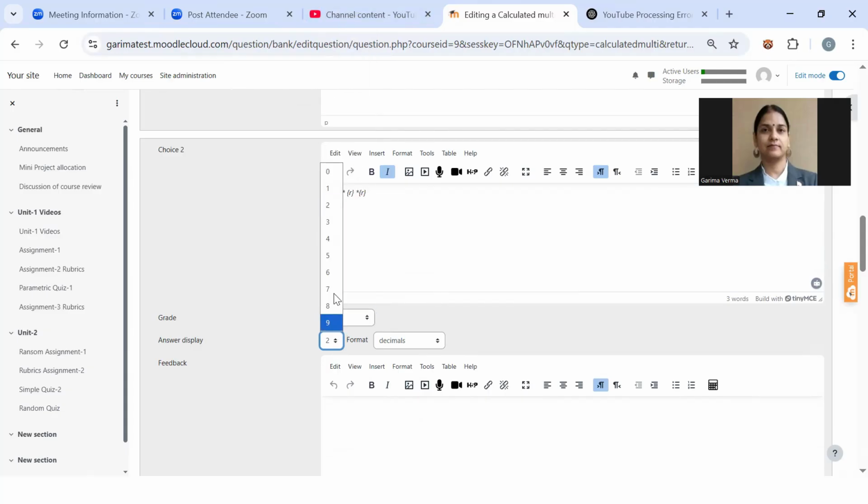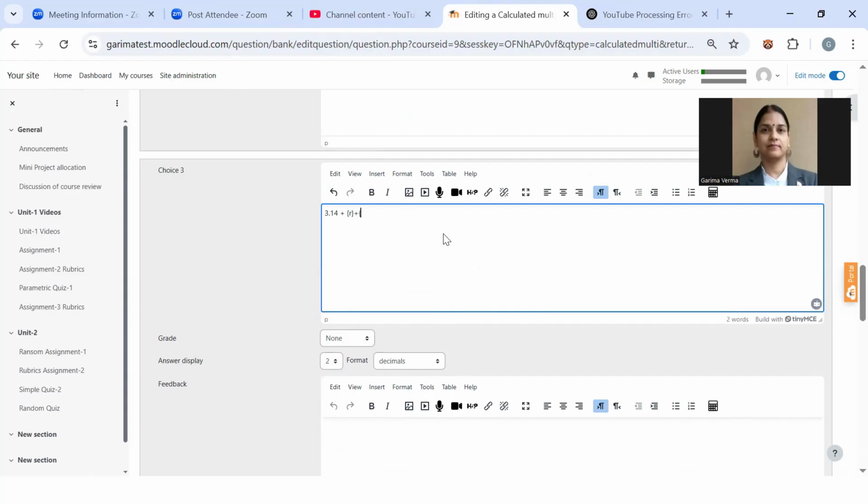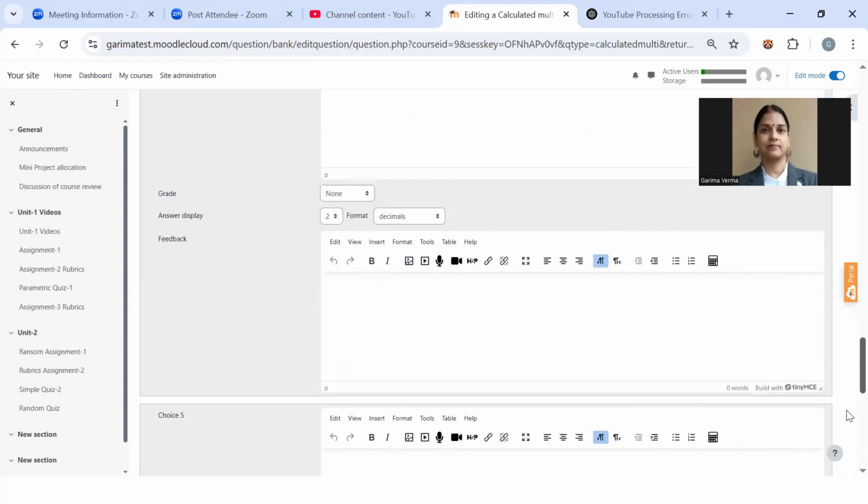Decimal places, again I'm setting it to 1. Okay. Now I'm giving choice number 3: 3.14 plus r plus r. And I know that this formula is wrong. So I'm making the grade none and decimal places set to 1.